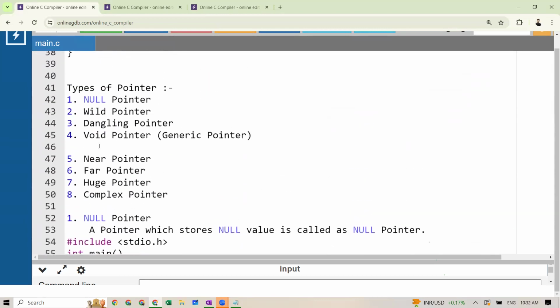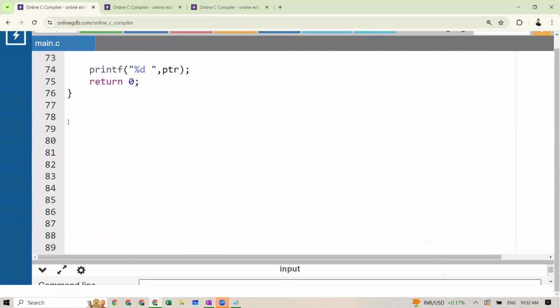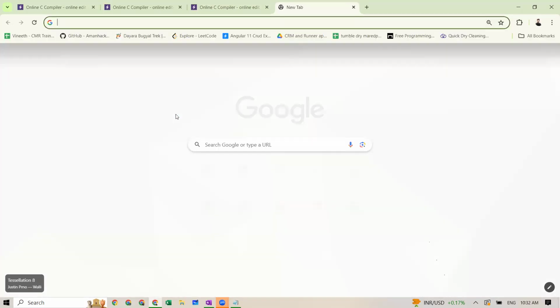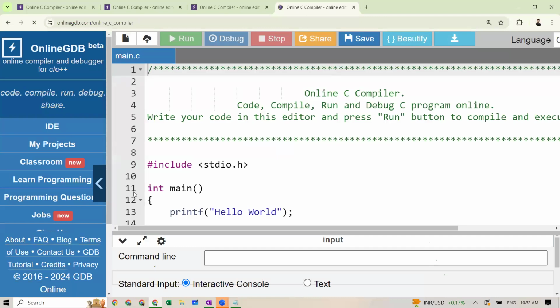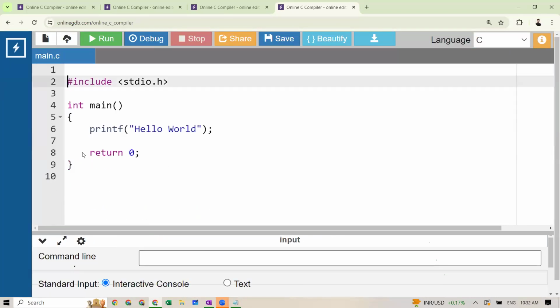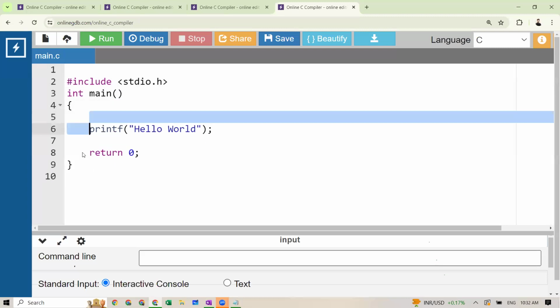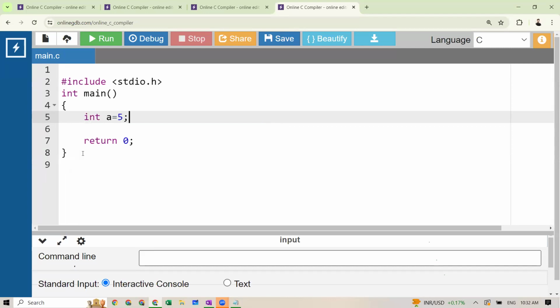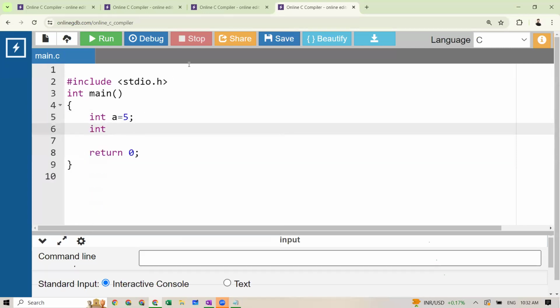So what next? A dangling pointer. What is this? Dangling pointer. Let's see how a dangling pointer works. Now observe here how I will write. Let's take a variable a is equal to 5. Then I will make